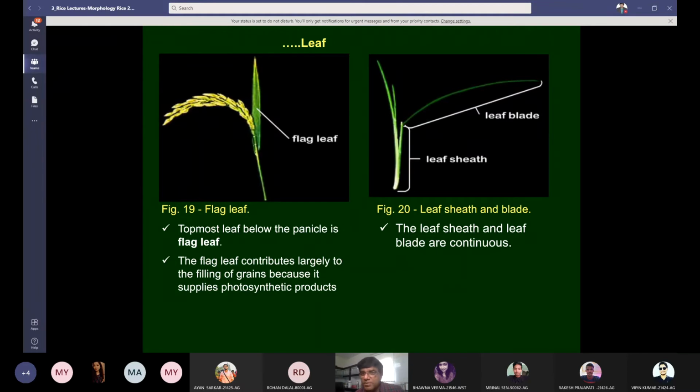So far as leaves are concerned, we are talking about the number of leaves. The number of leaves is normally 15 to 20, that is the range, the mean number of leaves, but they vary with the varieties. Is it clear now, or anything else you want to ask? Please feel free. Don't get shy. Don't think that.